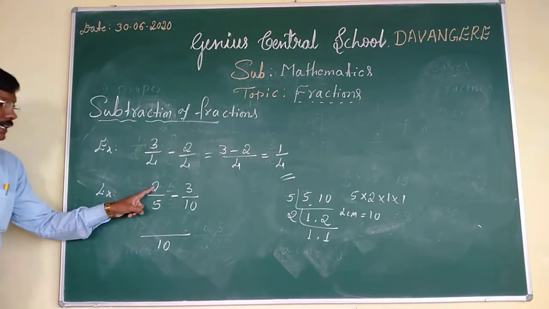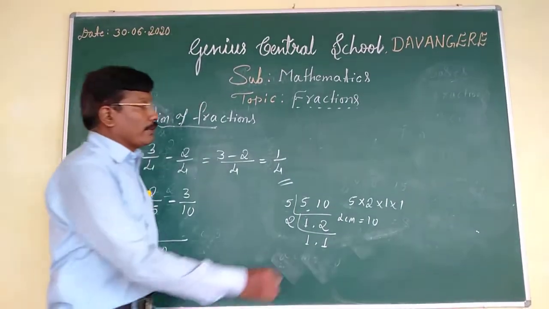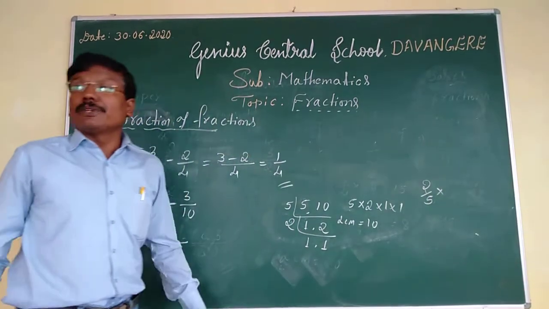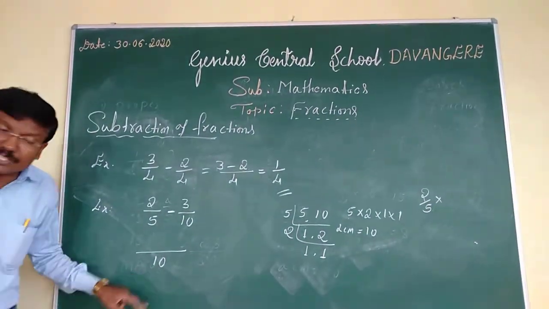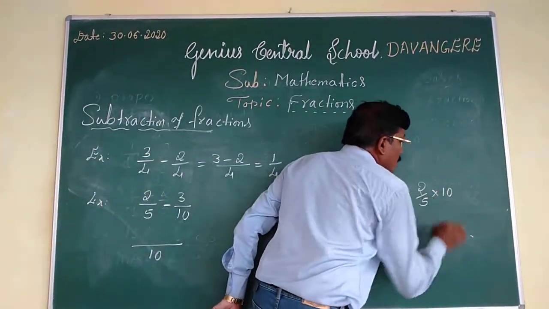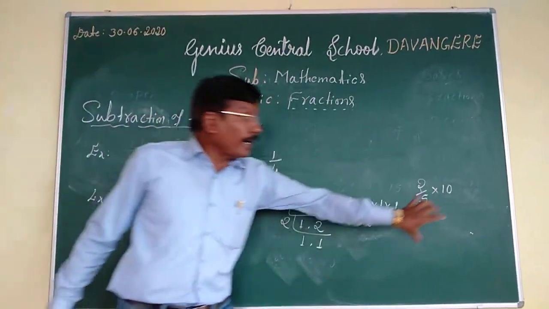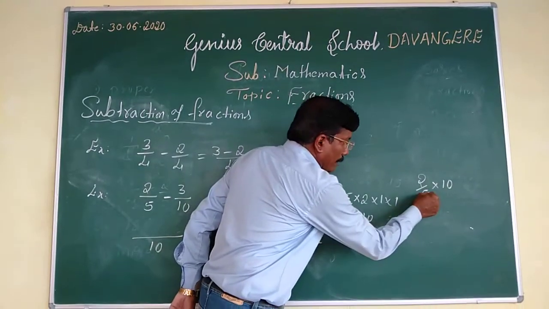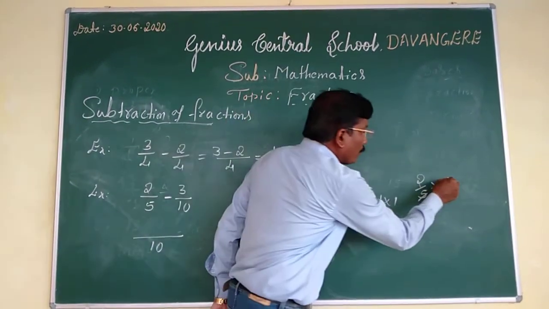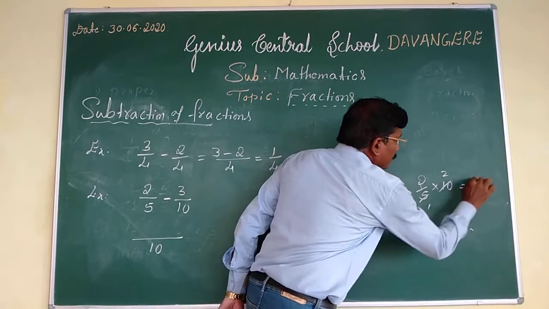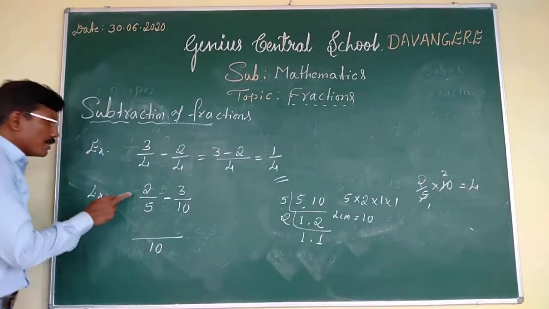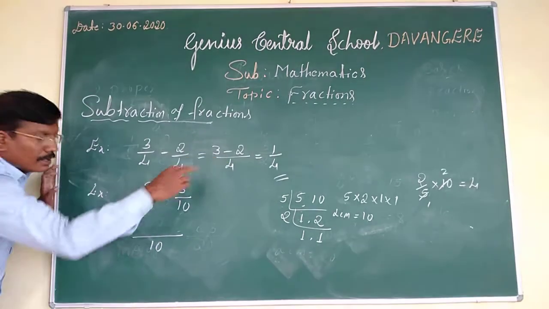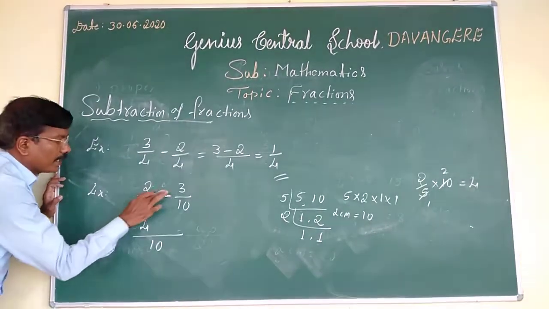Then what is here? 2 by 5. Simplify the 2 by 5. Look here. So 2 by 5, which is the first fraction, will be simplified to the LCM. What is the LCM? 10. This method is called equalized denominator. Then multiply. 5 1s are 5. Correct? 5 2s are 10. 2 2s are 4. So when you simplify 2 by 5 to the LCM, what is it? 4. Put it here, 4.